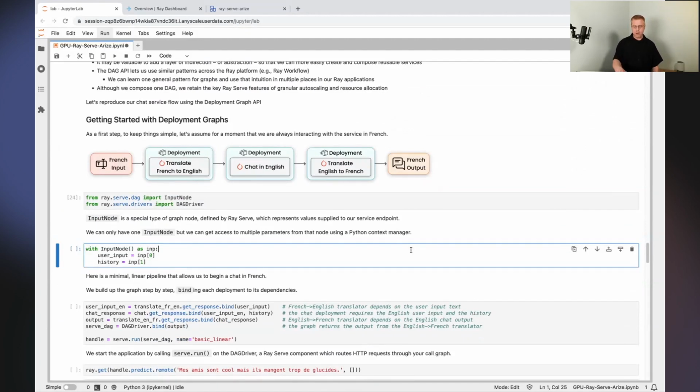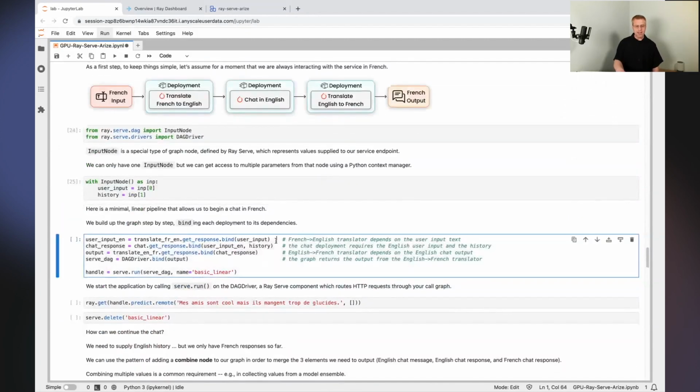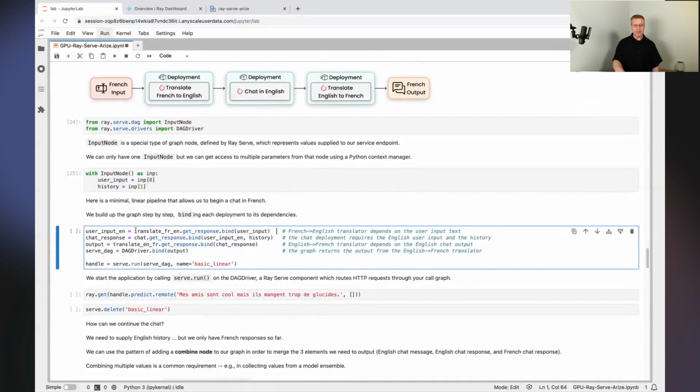So the first version, kind of the hello world here, is very straightforward and linear. And we're going to start out by creating an input node. This is a special kind of node defined by Ray that represents the data that's coming into our service. Now, even though there's one input node, we could still have multiple values coming in. So you can see here, I decompose this input node using a context manager into the user input and the